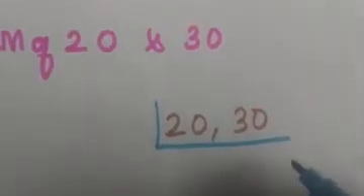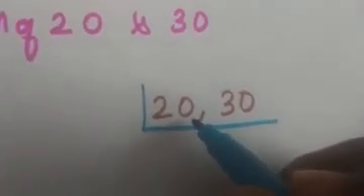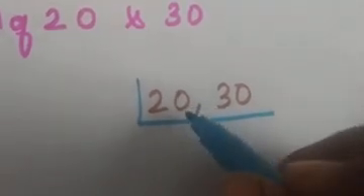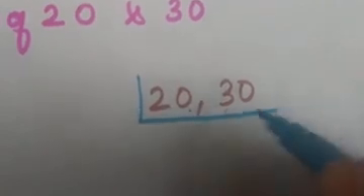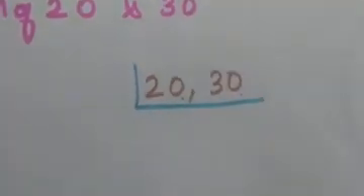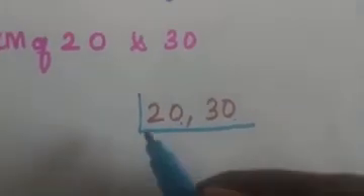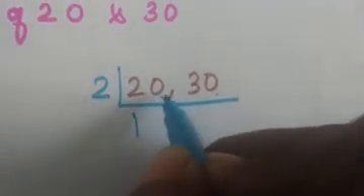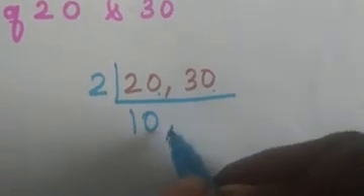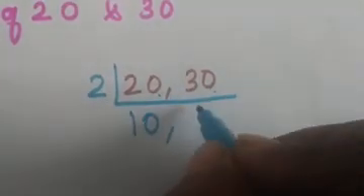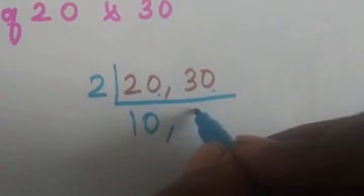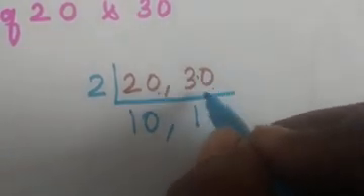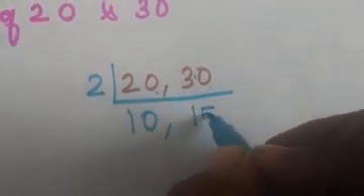First, we'll start with 2 table. Okay, so see here, since the ending numbers are 0, that is even number, so we can start with 2 table, isn't it? So 2 1s are 2 and 0, so 10 times. Here also 2 1s are 2 and the balance 1 is carried over here, so it becomes 10. So 2 5s are 10.